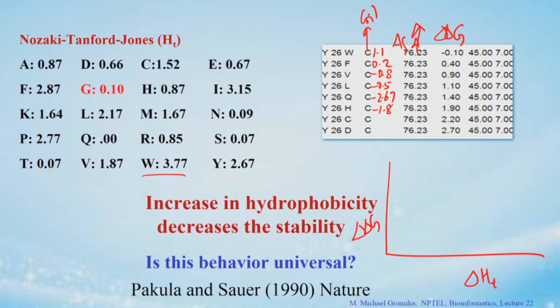Y26C minus 1.15, Y26D, D is 0.66, so minus 2.01, right. Now, you can make a plot connecting the hydrophobicity and the stability, where you can see that